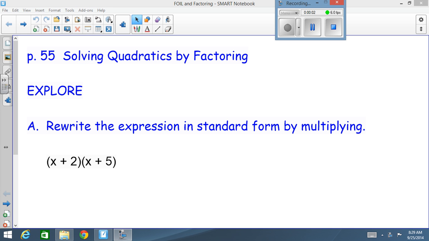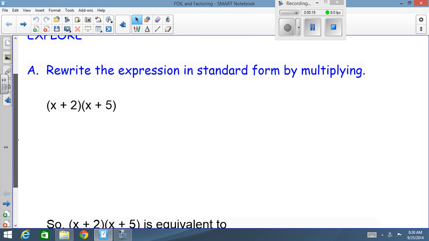Okay, so as the next part of this unit, we're going to take a little trip back to Algebra 1 and freshen up some of those skills that we learned way back when. They're skills that are going to help us with these quadratics. So turn to page 55 in your workbook, and you'll see that part A talks about multiplying these two binomials